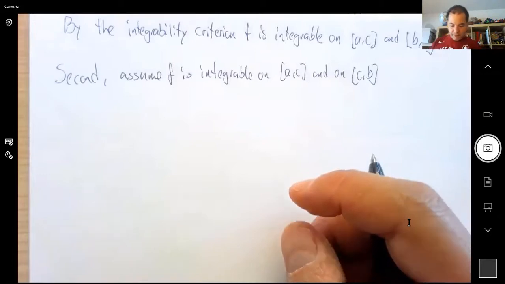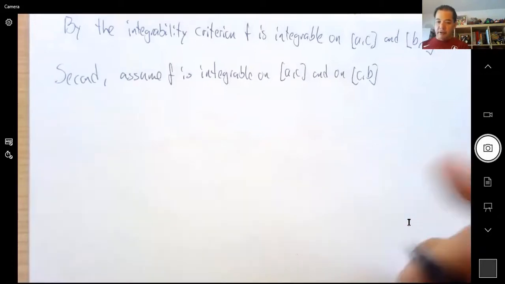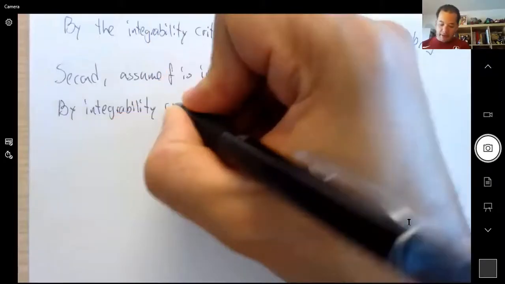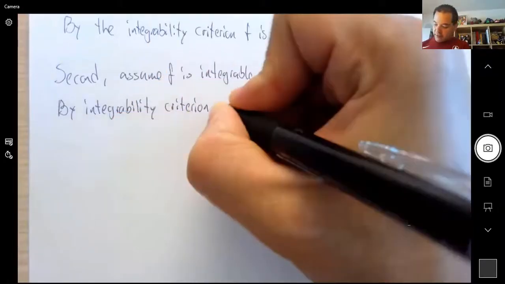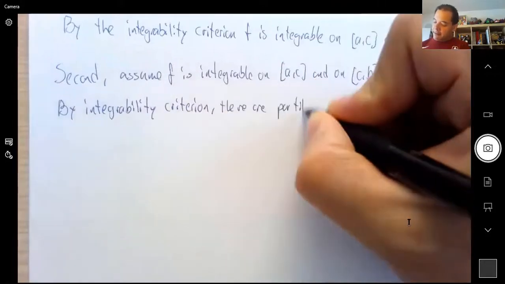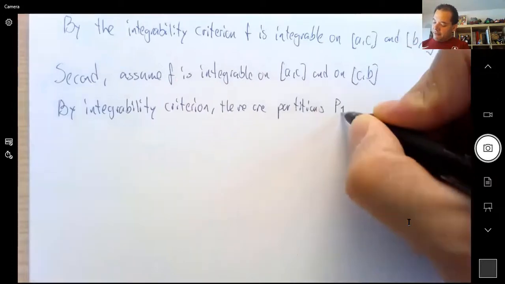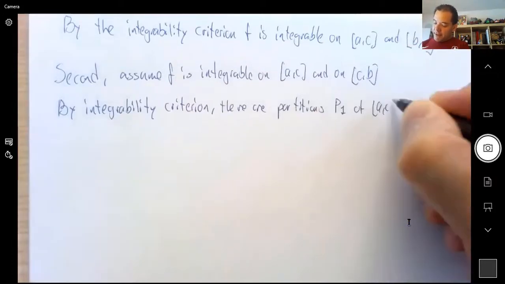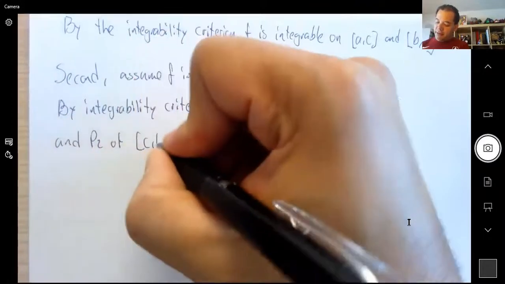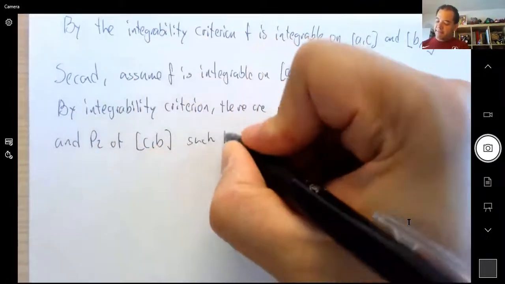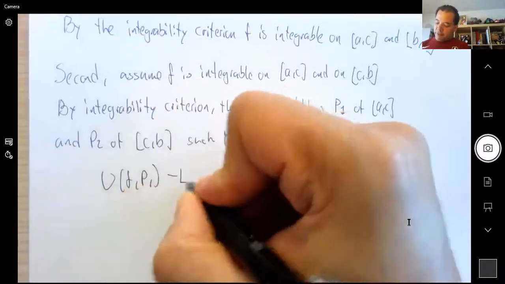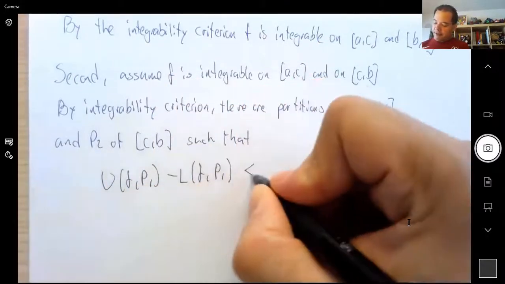Okay, so then what do I know? By the integrability criterion, I know there are partitions P1 of AC and P2 of CB such that the upper sum minus the lower sum when I use P1 is less than